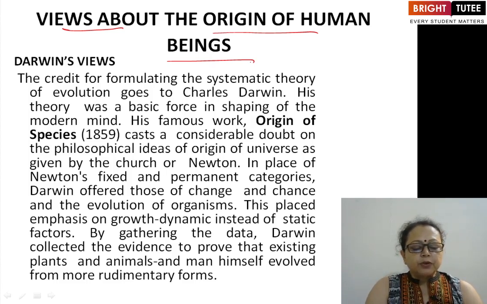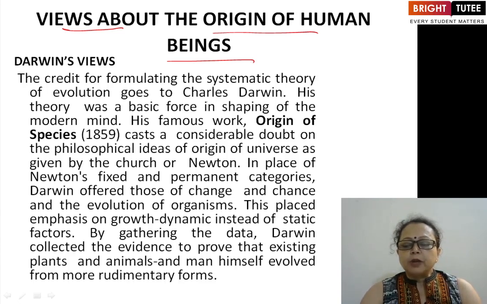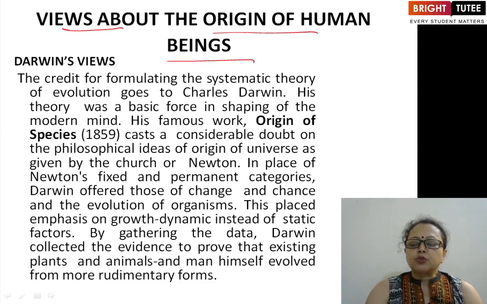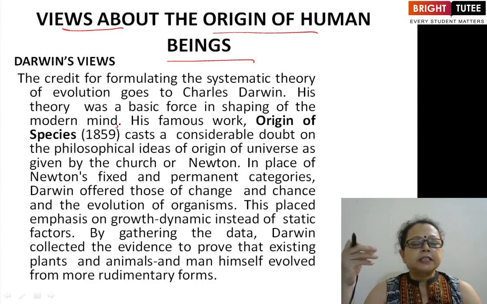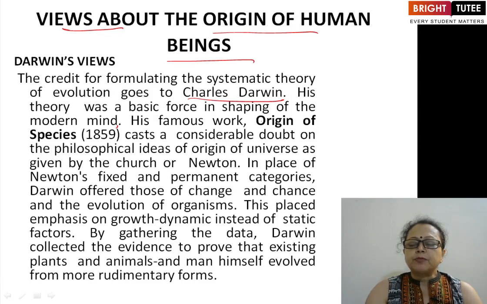So, Darwin's view. The credit of formulating the systematic theory of evolution goes to Charles Darwin. His theory was a basic force in shaping the modern mind. If we talk about the theory of evolution in a systematic manner, it simply strikes the name of Charles Darwin. His famous work, Origin of Species,